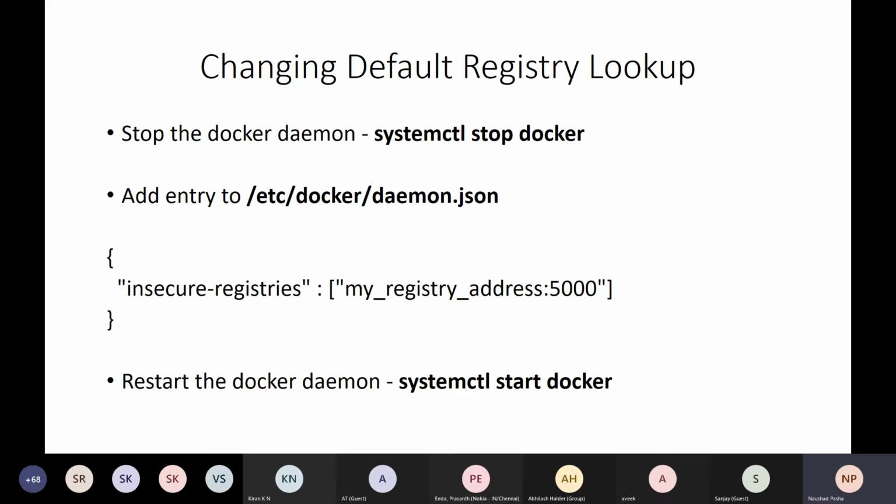Is that something doable? Yes. Stop the Docker daemon, add an entry to /etc/docker/daemon.json, provide the URL of the registry from where you want the images to be pulled, and then start the daemon. This is one configuration change that you can make.